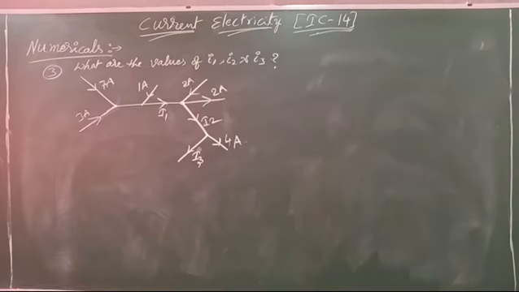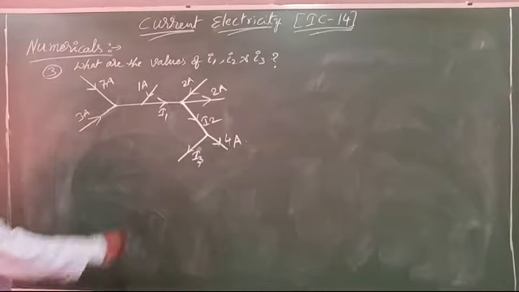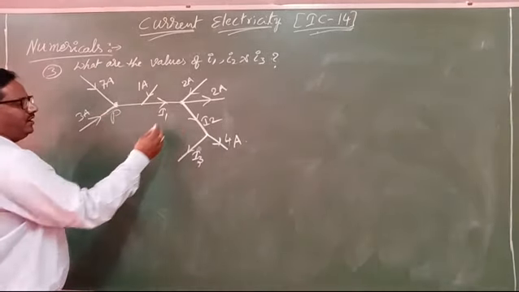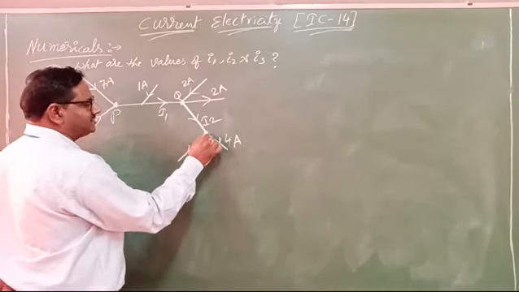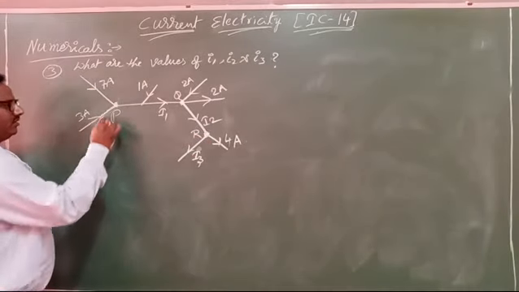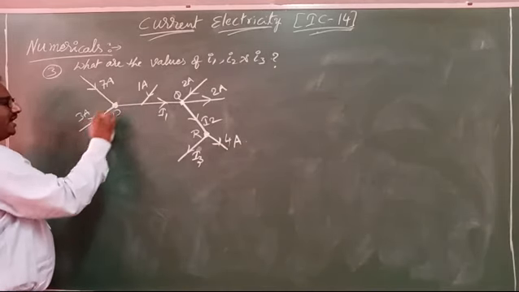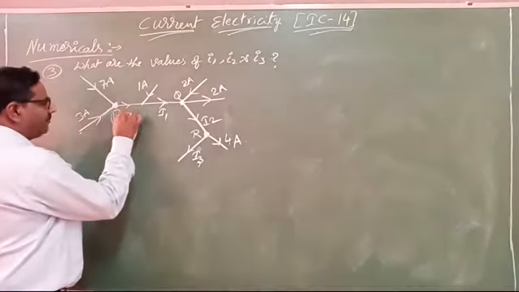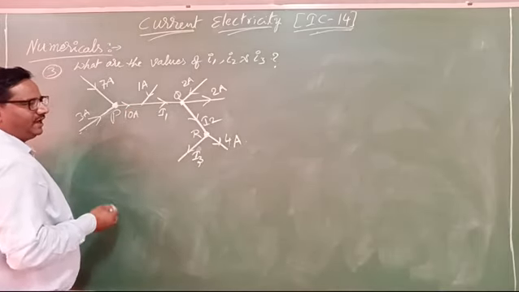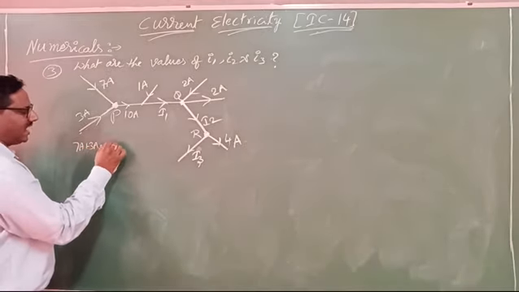Here, a similar model, one more I gave from first law only. Now here I will consider one junction as P. Here one more junction as Q, and here one more junction as R. Now observe here. Into the P junction, what currents will enter? 7A and 3A. So total current, how much is it? 7 plus 3, 10. Okay, now it is a 10 ampere current. Clear? Directly I am writing 7 ampere plus 3 ampere, it is 10 ampere.